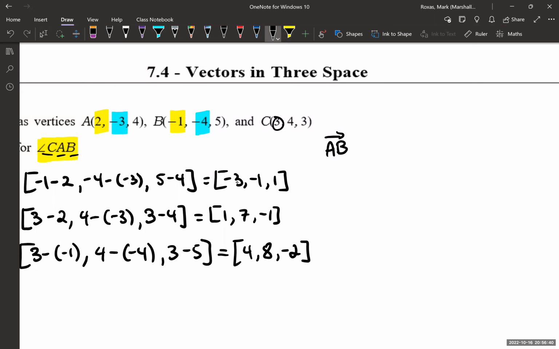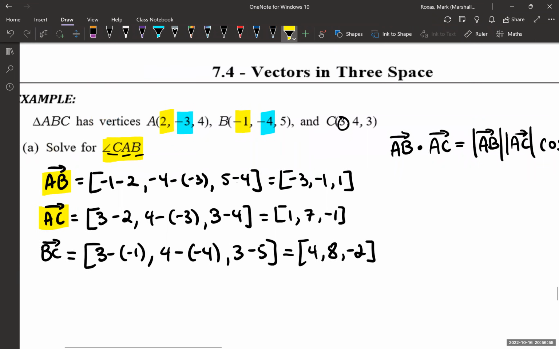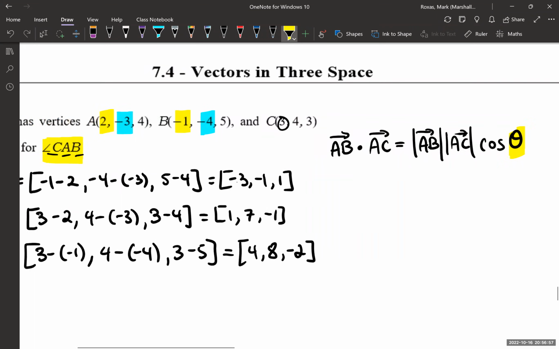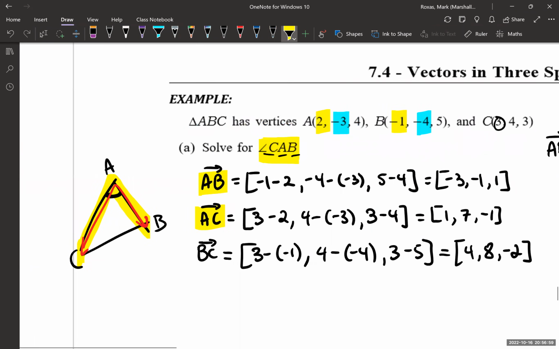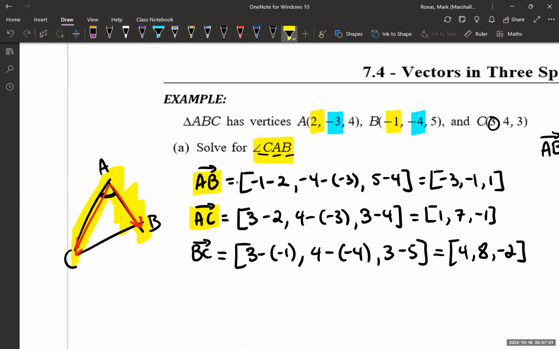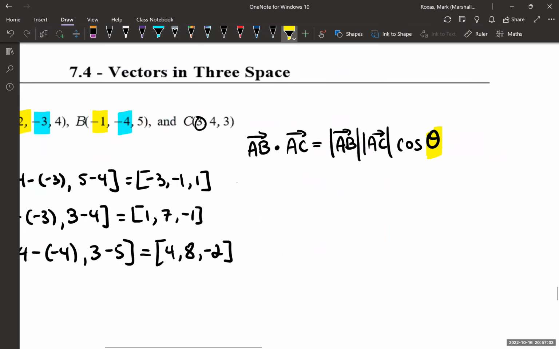The vector joining A to B dotted with the vector joining A to C is just equal to the magnitude of AB times the magnitude of AC times the cosine of the angle between them. And what we're trying to find is that angle. What is the angle CAB, right? What is that angle between these two vectors, AC and AB? Now, do I have